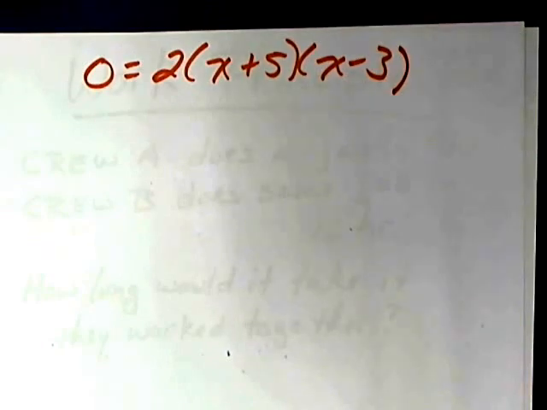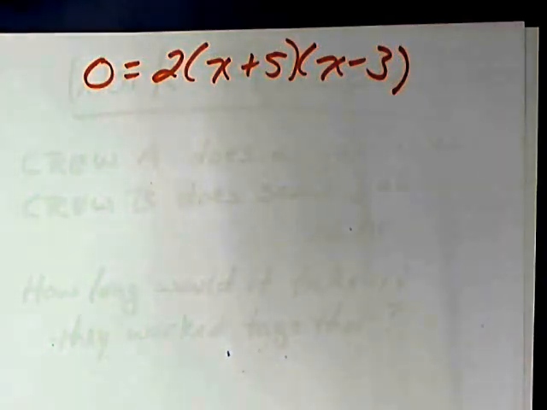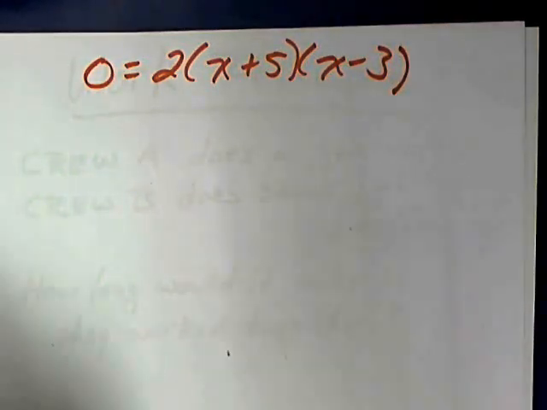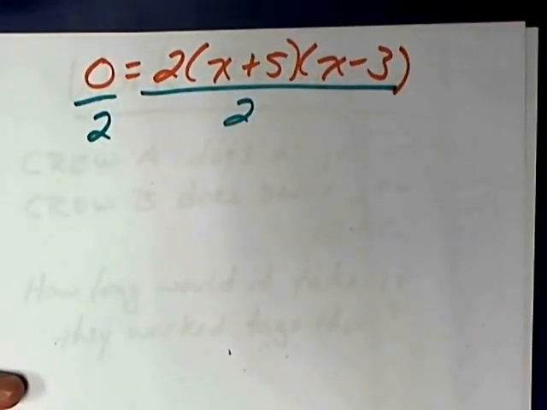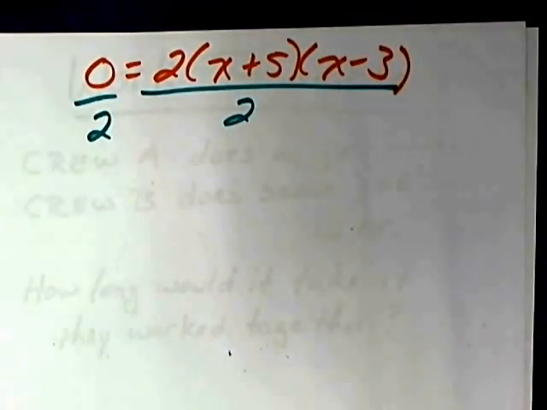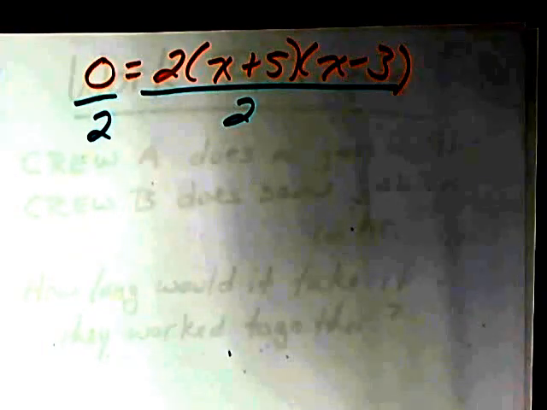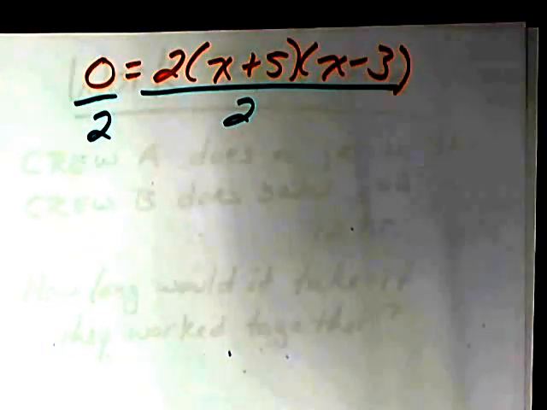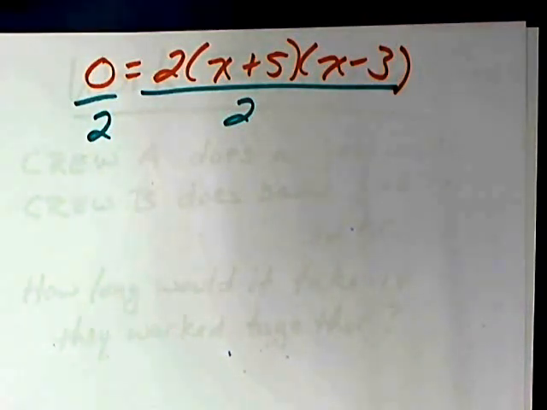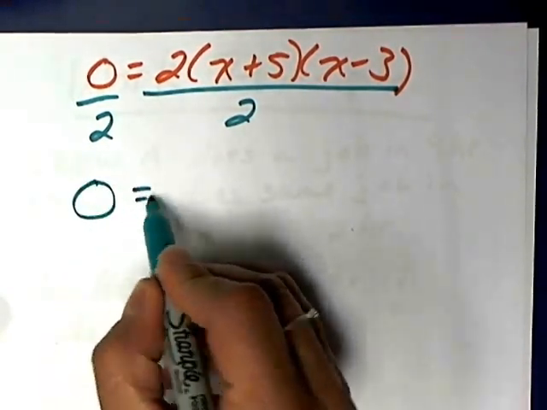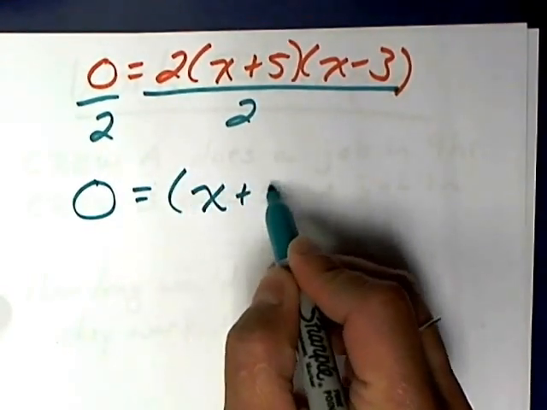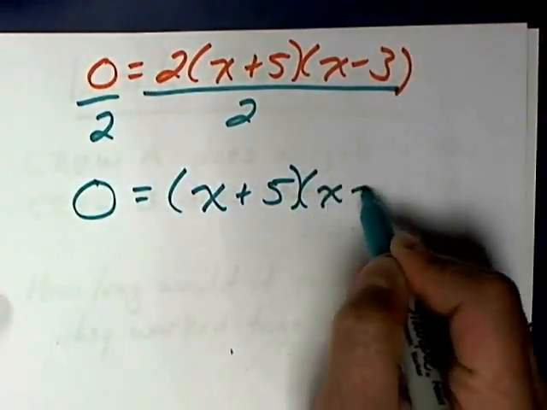Remember, whatever you do to one side, you can do to the other side. I can multiply by whatever number I like. So to clean this up a little bit, if I can multiply by anything, I can divide by anything. I'm going to take this side divide by 2 and this side divide by 2. I can do that because 2 is a number. I cannot do that if it was a variable, because that would lose one of my values. I can divide both sides by numbers, but I cannot divide it by, say, an x, because that would lose